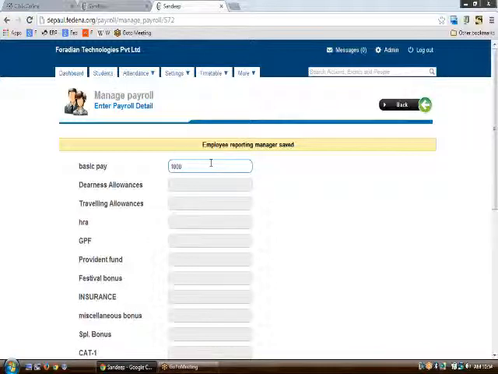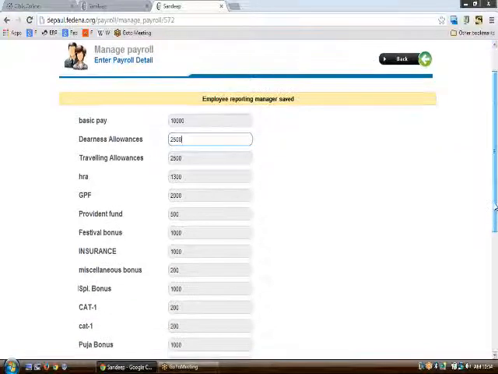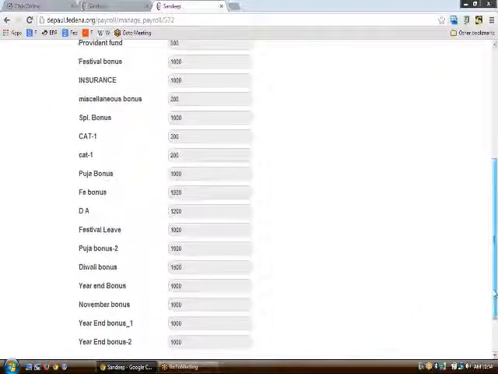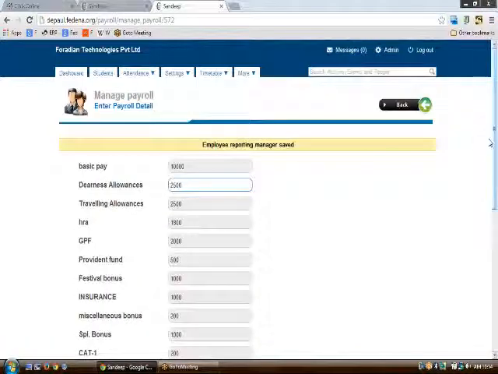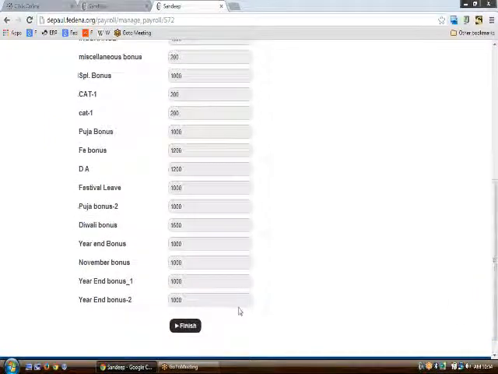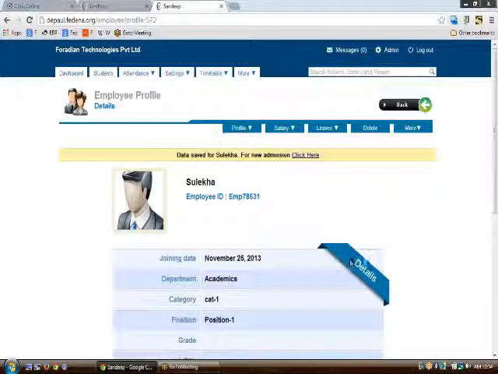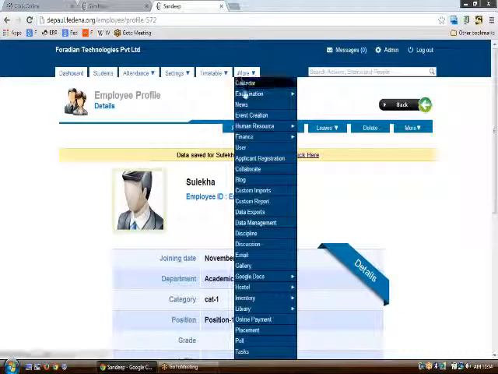To do so, you need to type the basic pay as some amount. The rest of the values that I have created from the settings part are related to the basic pay. Some are 10%, some are 20%, and so on. So the rest of the payroll categories or items have been created on their own. On clicking finish, I will be able to create the basic profile of the employee. So this is how the profile can be created for the employee.